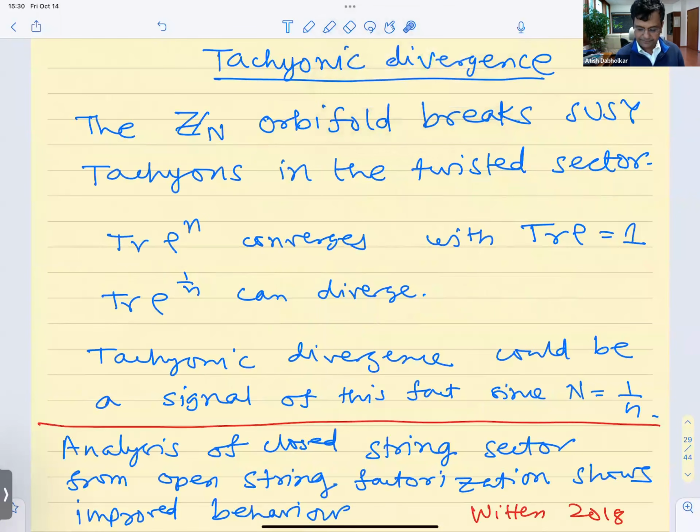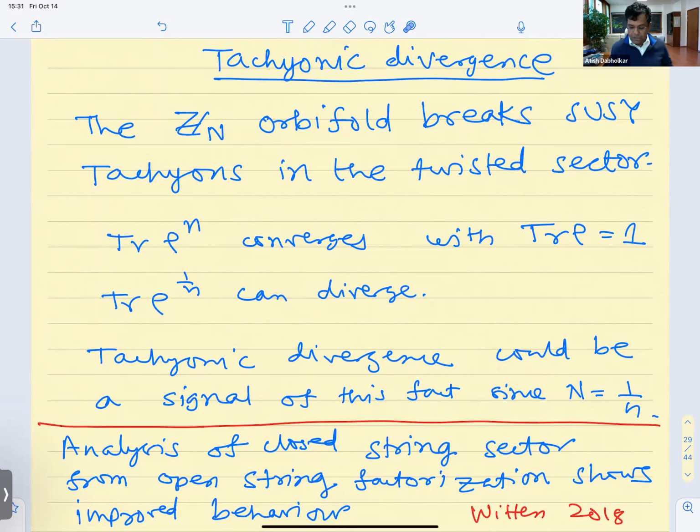trace rho to the power n. Suppose you had some density matrix whose trace was 1. That means its eigenvalues, if you diagonalize it, are all less than or equal to 1. So if you compute trace rho to the power n for n a large integer, this will converge even better than trace rho. If trace rho was 1, then trace rho to the power n would be even less. But if you take, say, the square root or a cube root of small numbers, it can happen that if you have an infinite dimensional Hilbert space, trace rho to the power 1 upon n can diverge. So the tachyonic divergence could be a signal of this fact, and therefore we don't worry about it, especially for a fixed tau, where we can